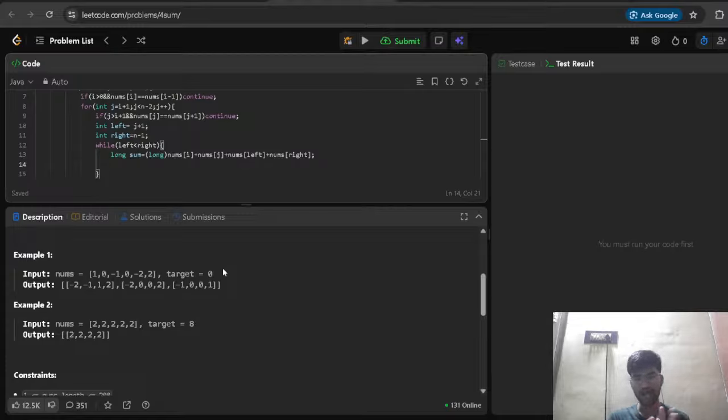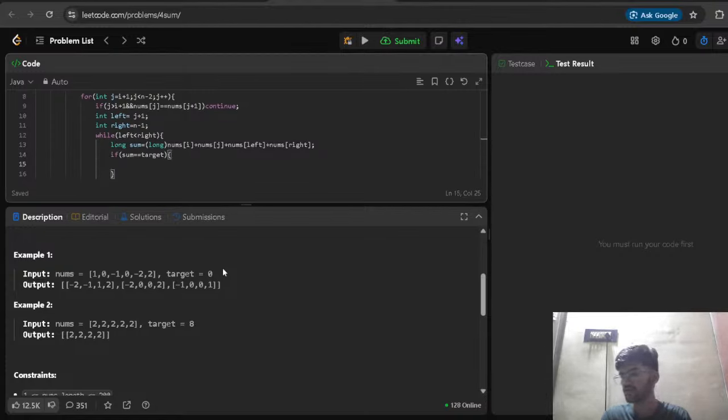So we should add these elements to the result. So we have to write the condition: if sum equals to target, when the target and sum get equal, then the result add